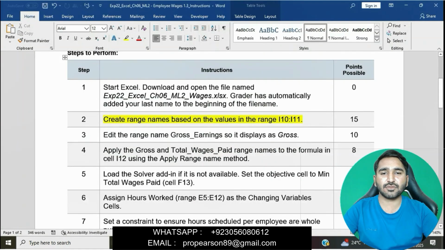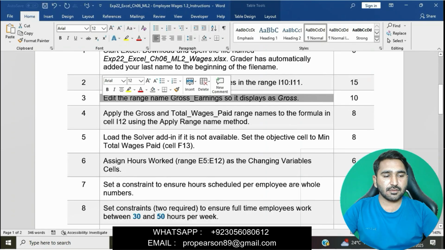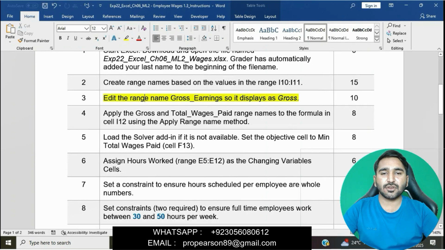Now moving on, next question is question number 3. In question number 3, add the range name Gross Earning so it displays as Gross.